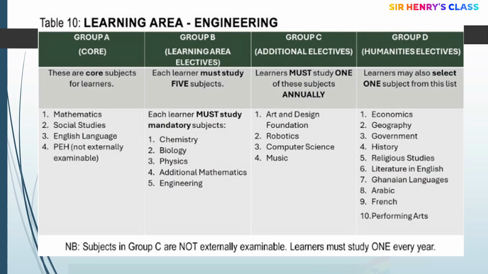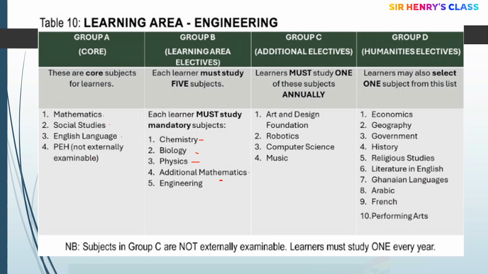So those who want to do engineering, these are your core: maths, social studies, English, and then PH. Each learner must study 5 subjects from group B, and these 5 are mandatory. Here you don't have the option to choose, it's mandatory. So chemistry, biology, physics, additional maths, and then engineering, compulsory. Then from group C, the additional electives, you must select just 1